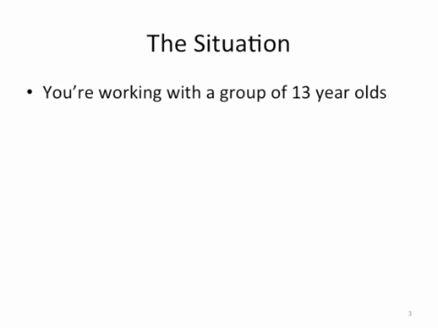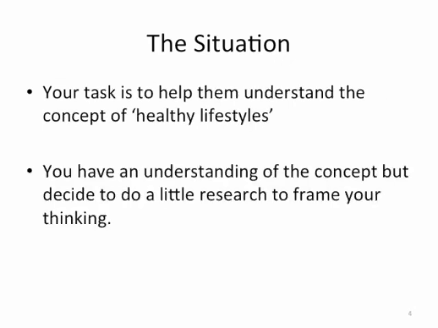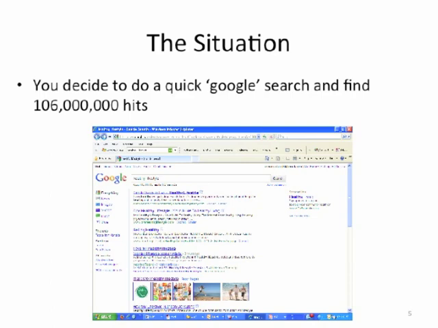But you've got this group of 13-year-old students that you need to work with, and someone's asked you if you could help them understand the concept of a healthy lifestyle. So you step back and think, okay, I sort of know what that means, but I don't know about you folks. When I'm asked to cover a topic, oftentimes what I do is run a Google search, and so you Google healthy lifestyle, and you come up with 106 billion, gajillion hits on healthy lifestyle. So right away, we have the primary issue, and I think this really makes clear to us why we need to have objectives for our learning.